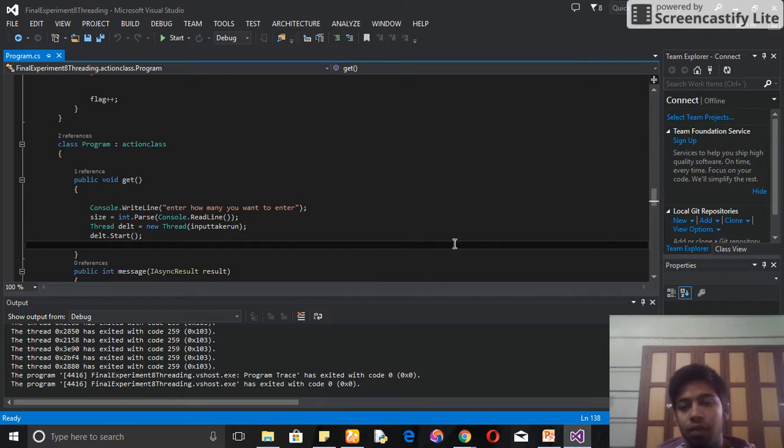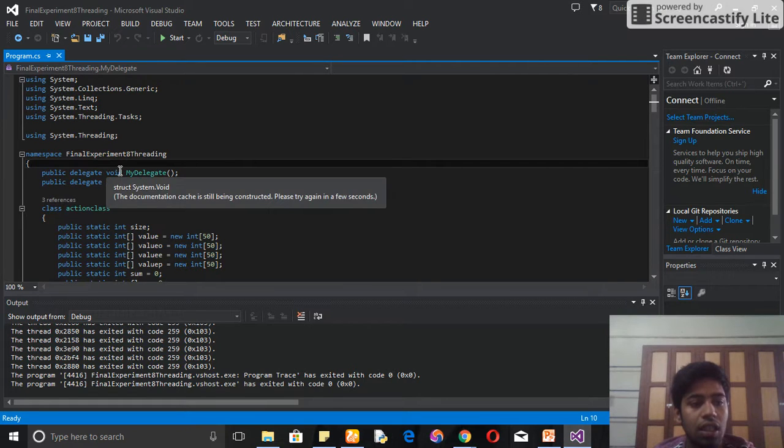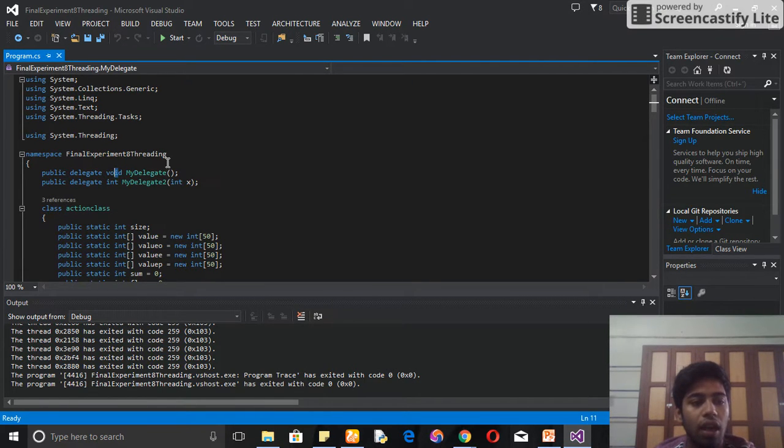So I'll show you my program. Here I declare two delegates. For the first delegate, the signature has return type void and the parameter is also void. For the second one, the return type is integer and there is one parameter argument. So I declare